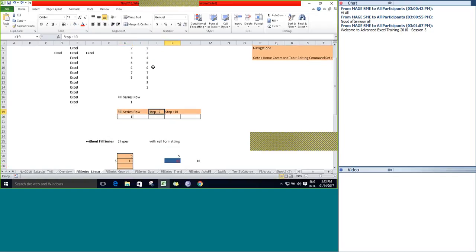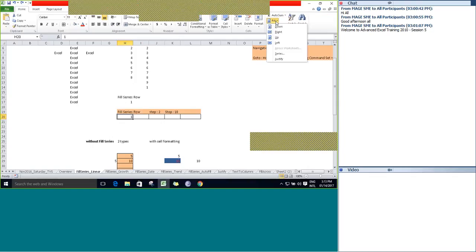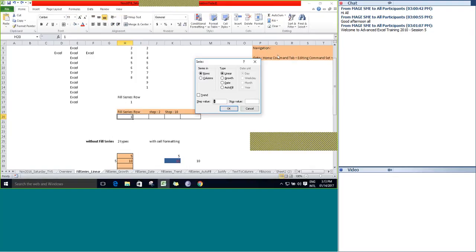Step value as 2 and stop value as 10. Let's see how it works. First, select a value from which the string should begin. Go to fill, go to series, and series in a row.